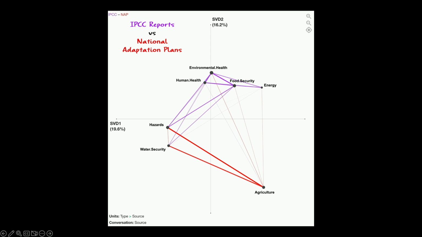One thing I will say too is that this analysis is not something that will solve all of our problems when it comes to thinking about how climate change adaptation policy is being developed globally. There's of course a whole bunch of ways in which this sort of analysis, even if I pick different things to look at, will miss some stuff, things that are actually really important. Particularly, it misses things that are missing. Right? This kind of analysis is really good at telling you what is in these reports. It's not a very good way to find out what isn't.